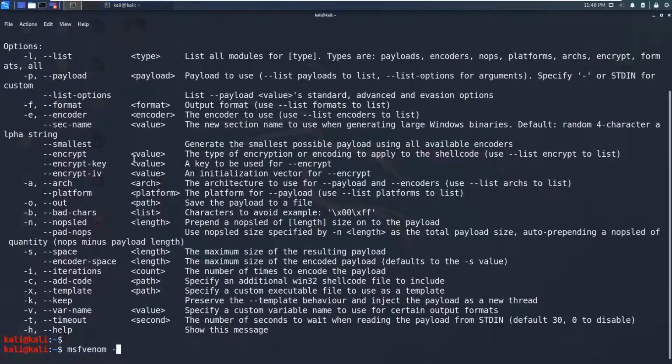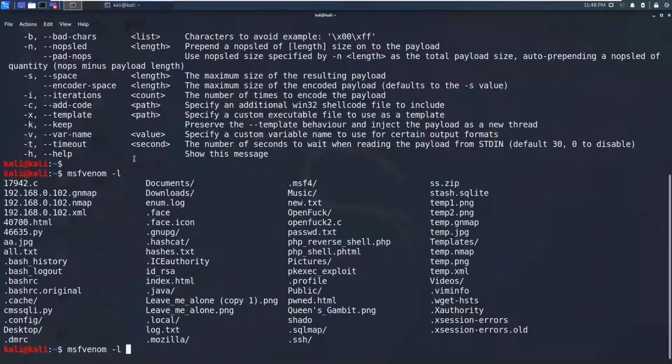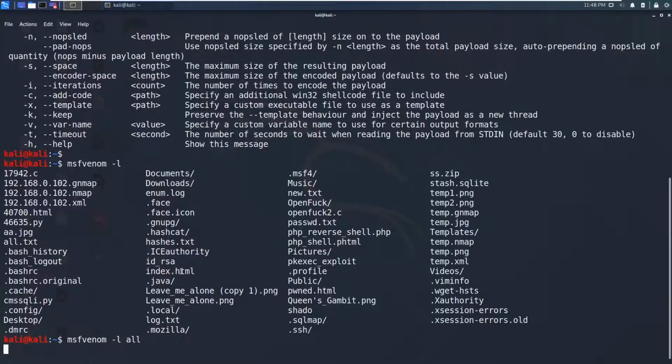Now what I will do is use -l all, and I will say list every module that I can use with MSFvenom. So it will take some time.